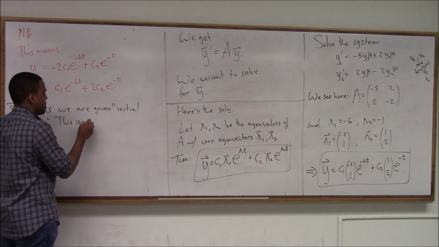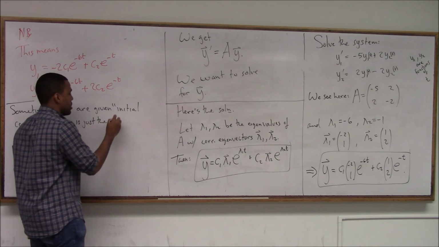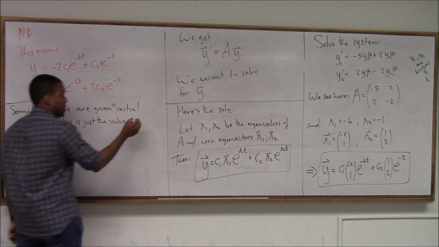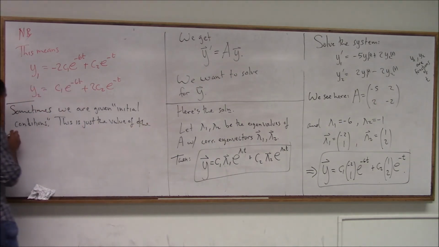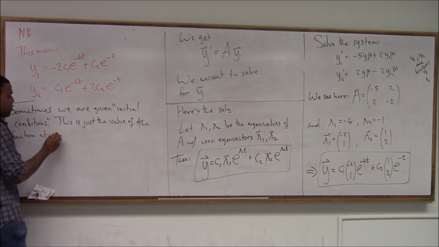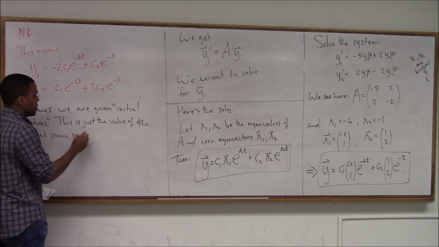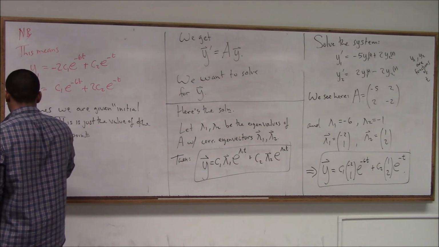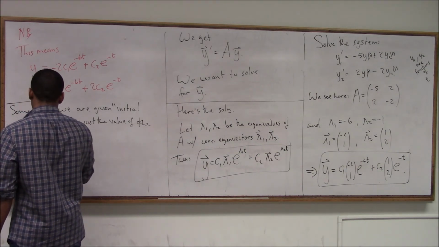This is just the value of the function at some point. So for example, if I wanted to say something like, okay, y prime is equal to 5 times y,